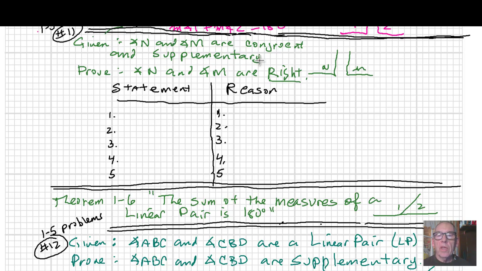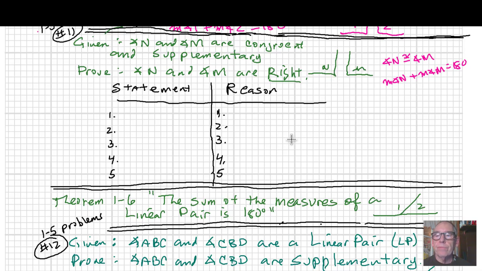Angle N and M are congruent. So angle N is congruent to angle M. Let me make a note off to the side. Angle N is congruent to angle M. And also, since they're supplementary, the measure of angle N plus the measure of angle M equals 180. So those are the two things that we're given, and we need to prove that these are